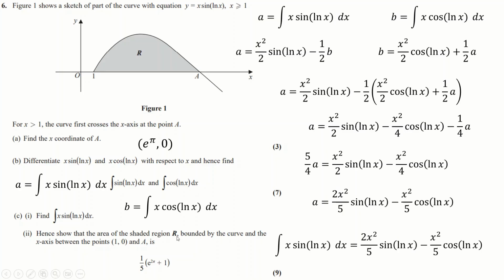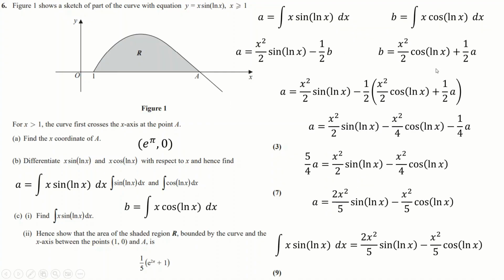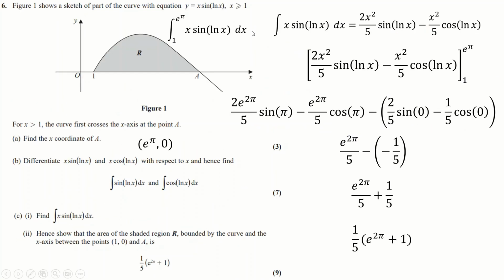Hence show that the area of the shaded region R is this. So I literally just need to integrate this thing here, which I know how to do, it's this, and evaluate between e to the pi and 1. That's all I need to do here. I've actually even forgotten to animate these slides, which I guess is okay because it's not that complicated, is it? I'm being asked to do this. We put in e to the pi, we put in 1